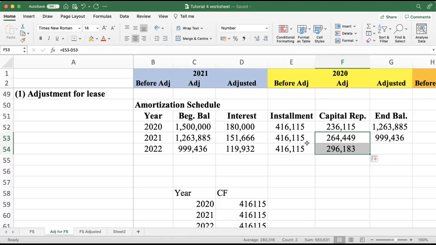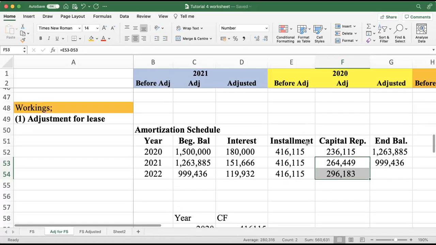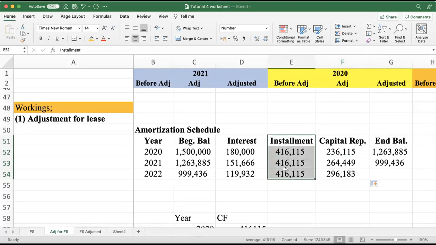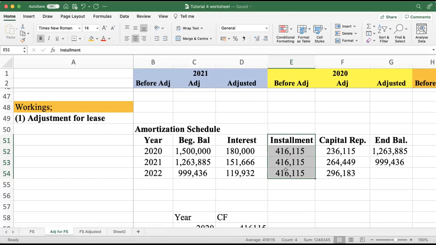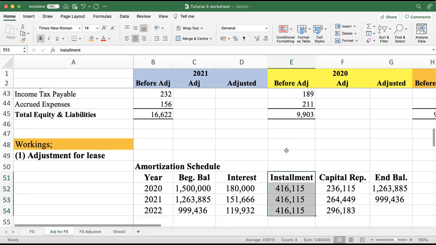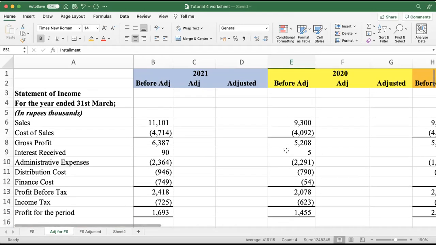Right. Now we'll do the adjustment. Now this lease rental company has charged to the profit. So that's wrong. So you have to remove that adjustment. Company has taken this installment to profit, right? Now the amount charged to the profit is in administrative expense. So you need to remove this adjustment,